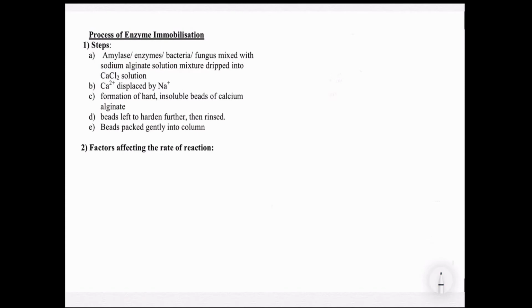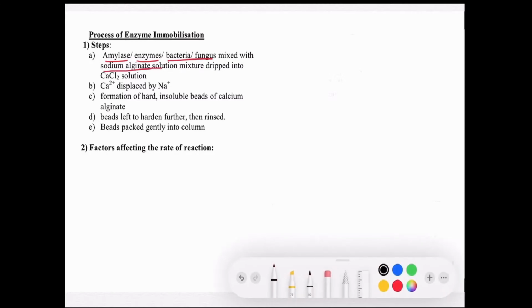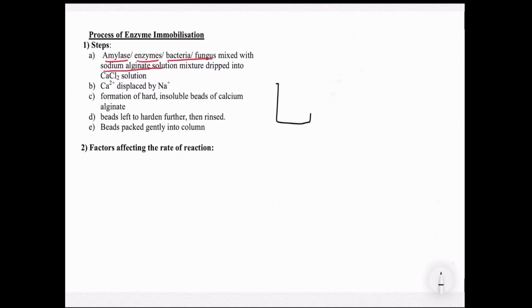In our syllabus, we are expected to know the methods of enzyme immobilization, and a typical example is preparing the alginate beads. What we are doing here is mixing the enzyme that we desire. It could be a pure enzyme, or it could be an enzyme within a bacteria or fungus, and you're going to mix it with a sodium alginate solution, something like your agar solution. So this is your beaker where you're going to add in your enzymes and your sodium